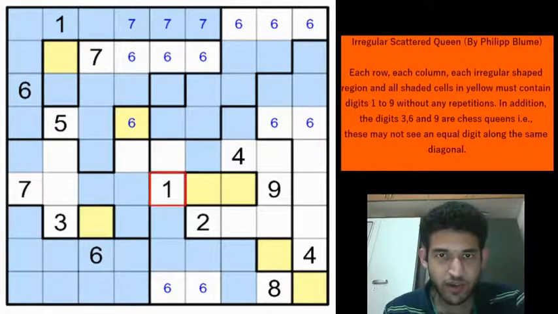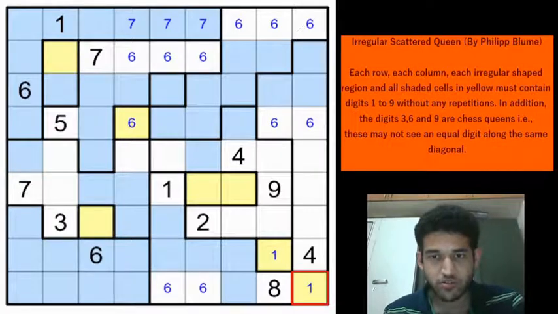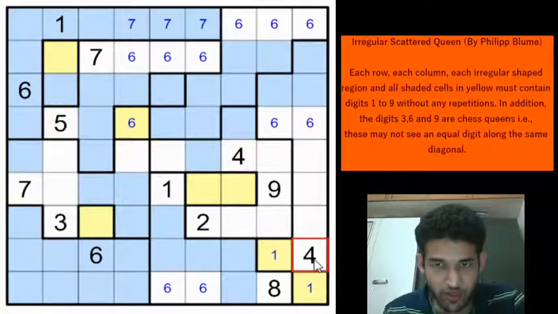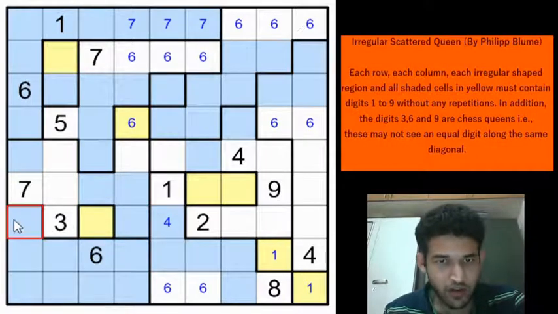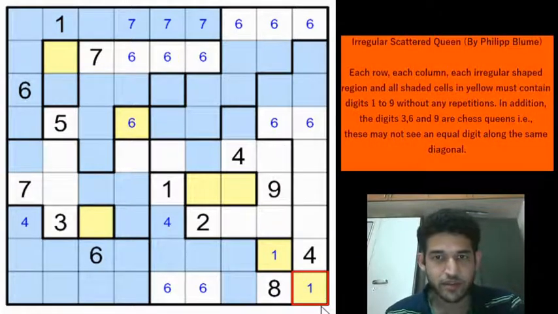So we have a 4 coming inside and no other cell region coming inside except these 2 yellow cells. So these 3 cells will be equal to these 3 cells in some order. Since we have a 1 here, we can mark a 1 to one of these 2 cells. And we also have a 4 here, so 4 must be either in row 7 column 5 or row 7 column 1. And there is one more digit which we don't know for sure yet. It may be anything.